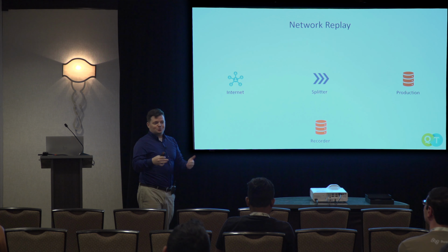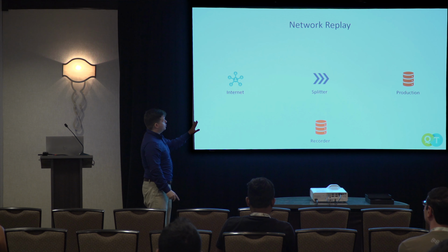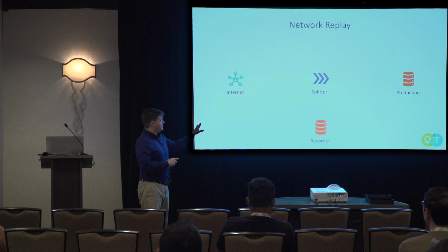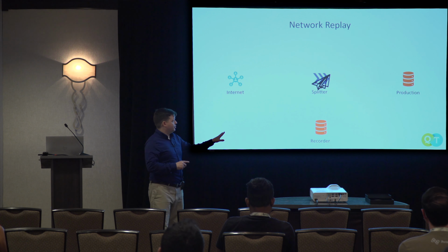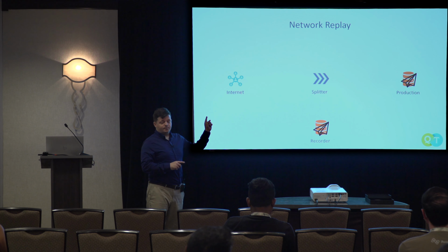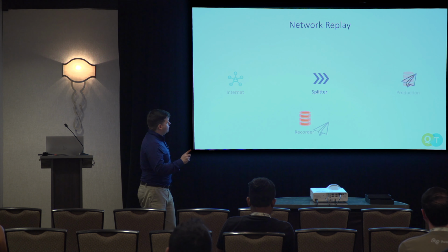So we all know what we can control on the machine. We can run the application, we can put things into memory, and so on. What you cannot do is tell the actual hardware what to put into cache, right? So what they do is they actually record their production traffic. Whenever a request comes in, they've got a network splitter. That splitter can send that network request to a recorder and to actual production. What they do is,